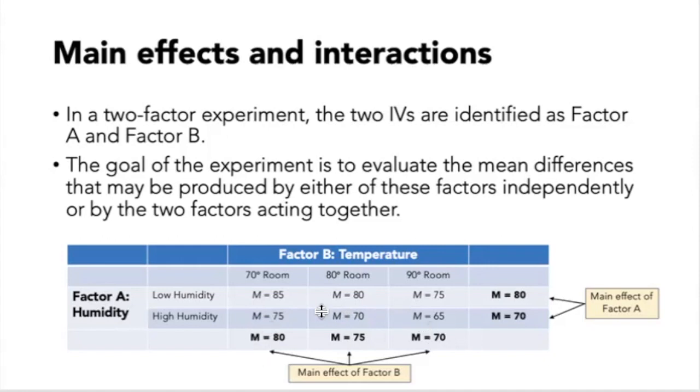So we are interested in seeing how this significance occurs as well, or whether this variation is going to be statistically significant as well. And that is going to be the main effect of factor B. Now, factor A has a main effect, which is calculated based on the scores we get here. And then we have the main effect of factor B here. Very similar to this,